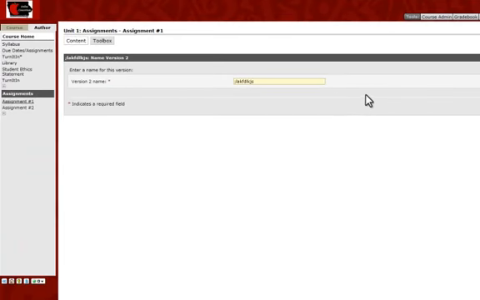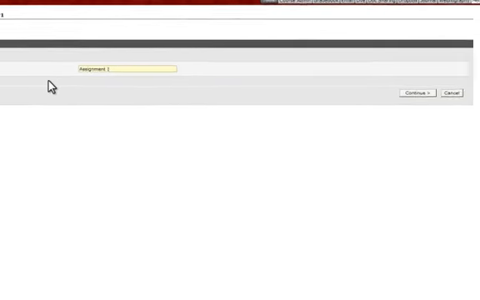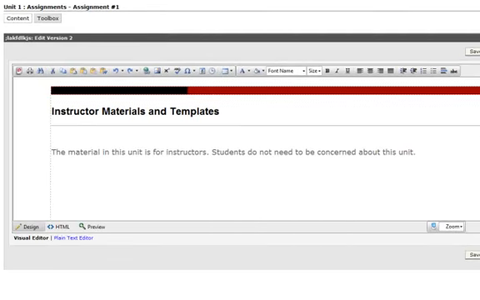Next, it's going to ask you to name your draft, and I was playing around with this earlier, so I just put some gibberish in there, but we're going to go ahead and put assignment number 1 in here, and then we'll click the continue button to move to the next step. And the next thing you're going to see here is a text editor. So you have the ability to manipulate any of this text on the page, and you can change out the image as well. You can also put text up here, and this is a good place to maybe put the